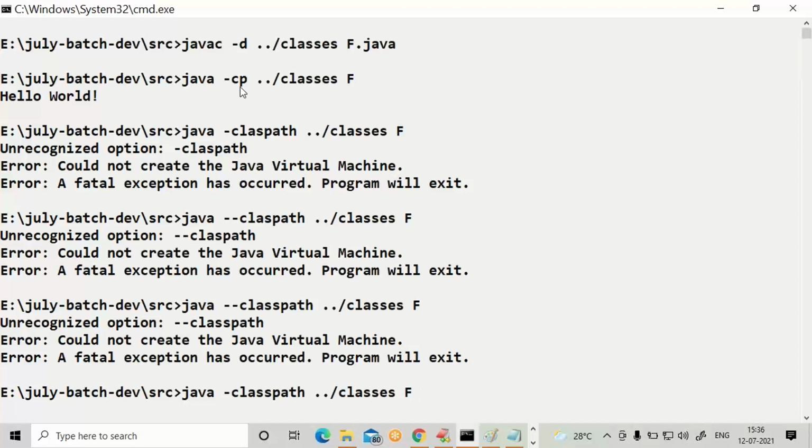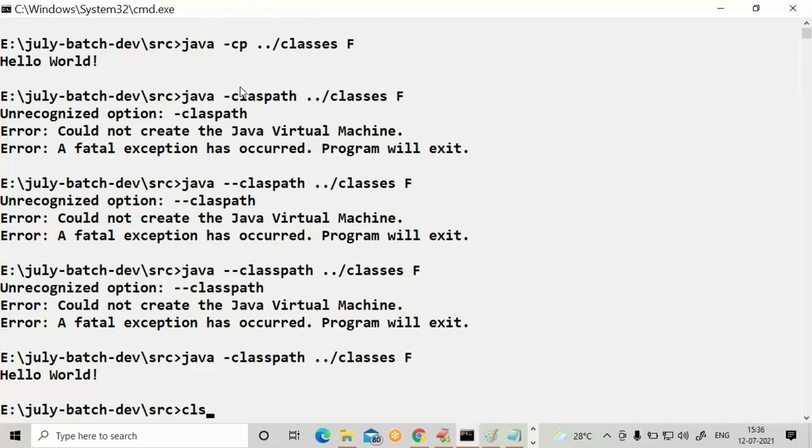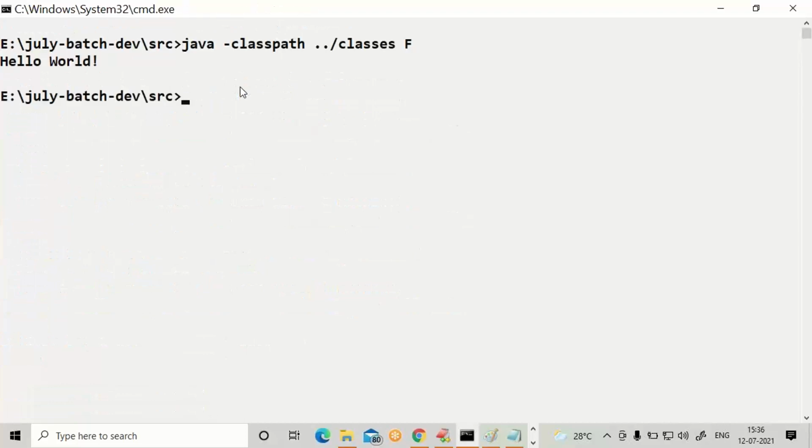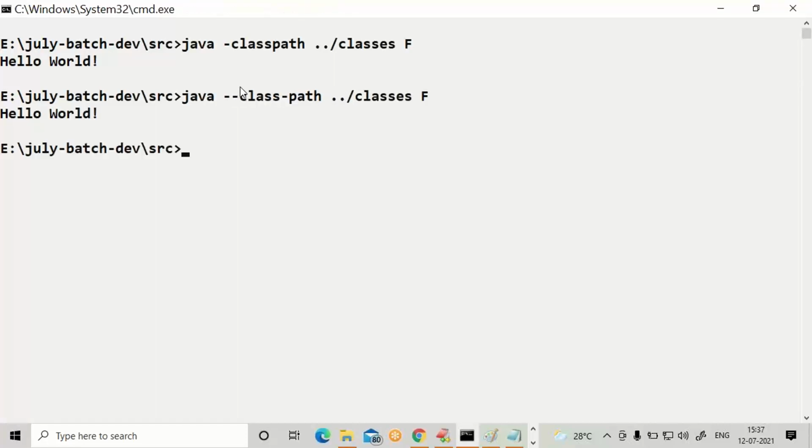Just go for hyphen classpath. You can also go for two hyphens, class hyphen path. This also you can use.